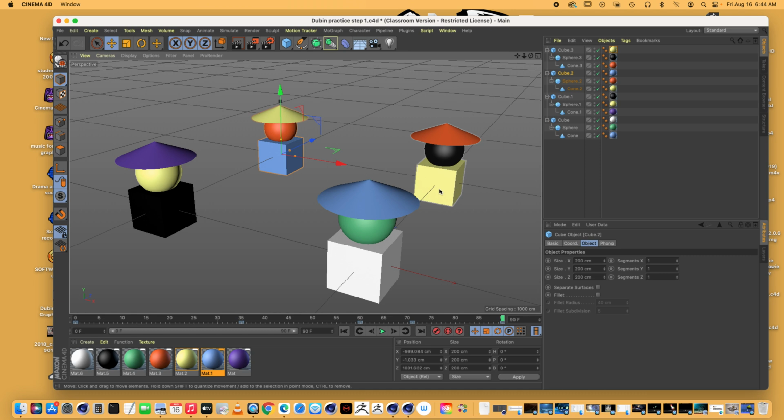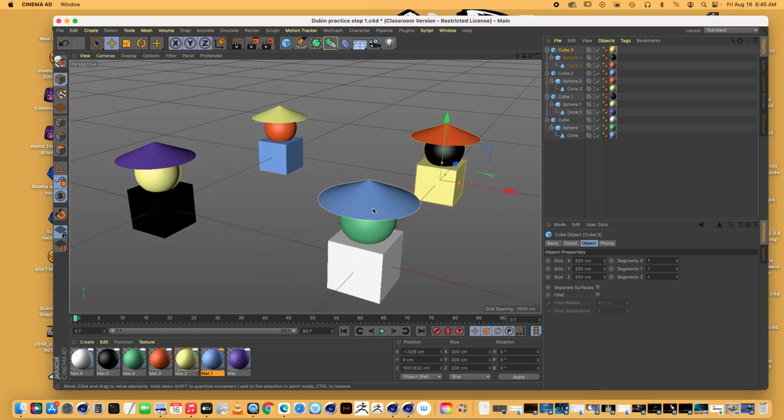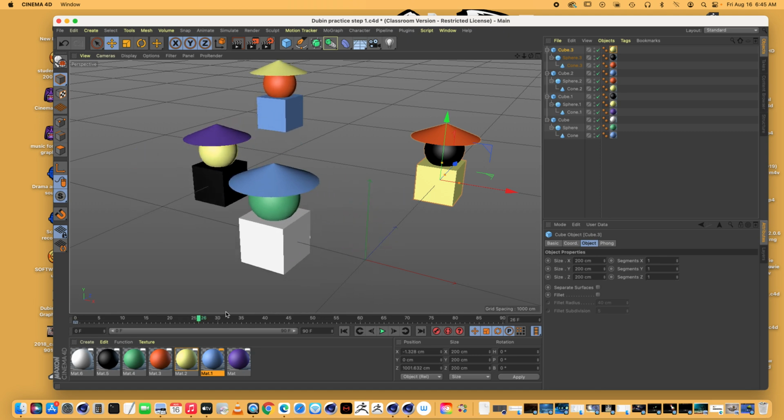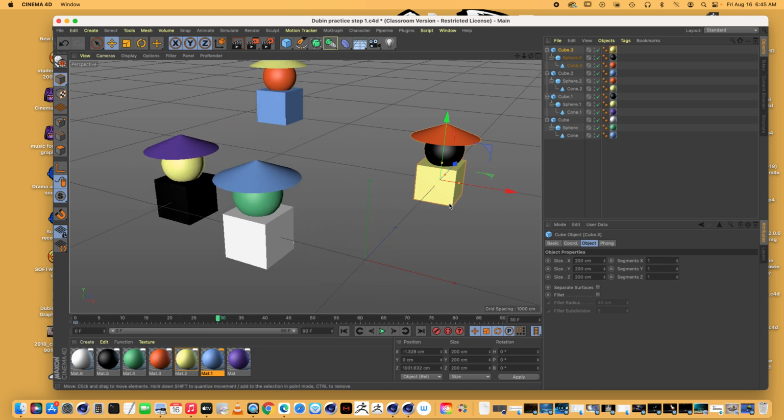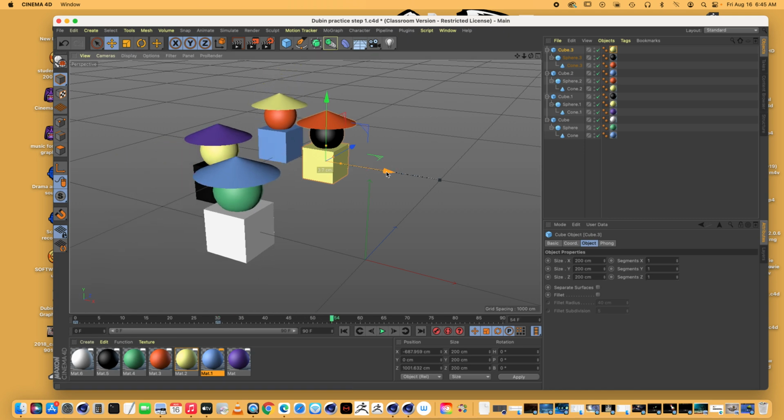Okay, so we have one more there. For the last one, I'll have it do the whole thing again, and then we'll go in and do individual ones. So that one, we'll just say it starts there. I'll record it, so I'll scrub over to frame 30 and have it move this direction. Oops, that's too far. And record it, and then I'll have it go back